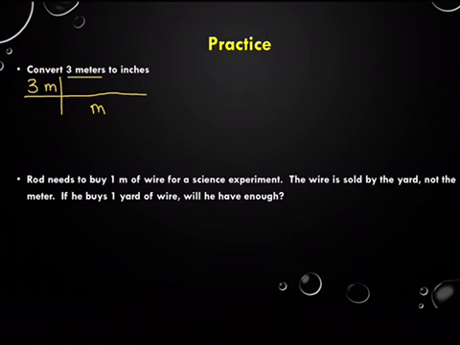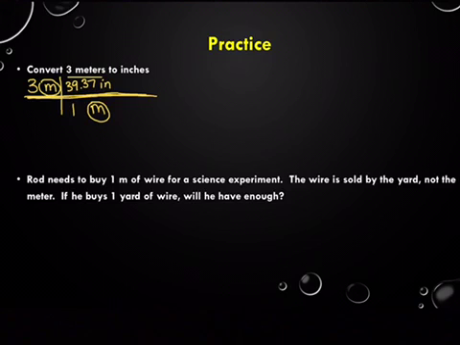So this is a math skill. When something on the top is the same as something on the bottom, they can cancel out as long as they're being multiplied or divided. And this horizontal line here is indicating a division that is happening. So you can look up on your half sheet of conversions a conversion between meters and inches. And I believe it tells you that there's 1 meter in